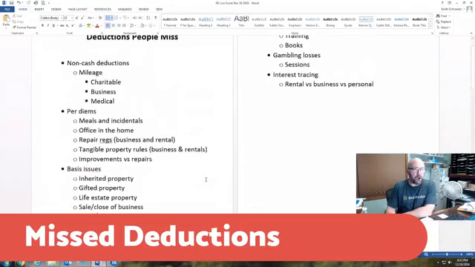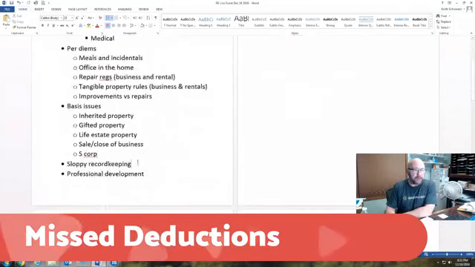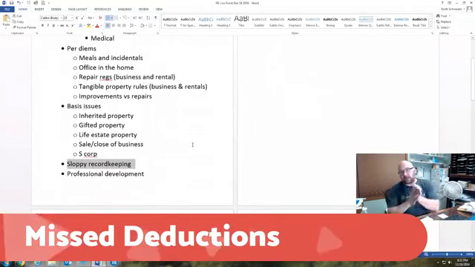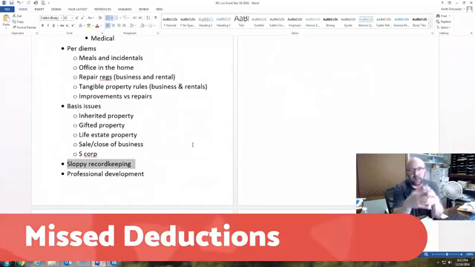The next area when we talk about deductions people miss is something I see so often. Guys come in and they're late, sometimes a year or so behind. Sometimes they aren't. They just bring their stuff in in a shoebox, and some of these small business guys bring in rather large shoeboxes. The problem I have with that is, understand how an accountant does this. If you bring me a box of receipts, I'm going to bring in some intern or some